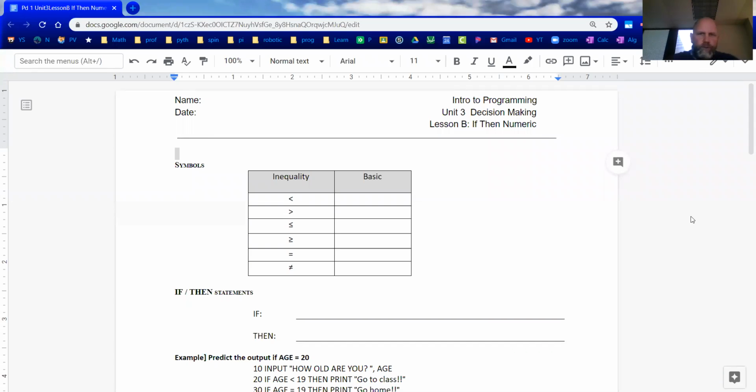Hello, coding students. Okay, we are going to get into decision making and looking at if-then structures. We're in Unit 3. We're looking at branching out. The first part of the if-then structures will be numeric. So let's go ahead and dive into some of the symbols we're going to be using, reviewing a little bit